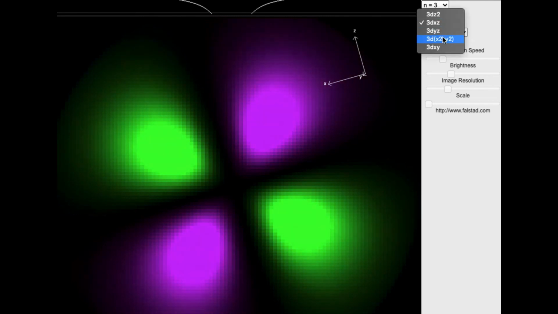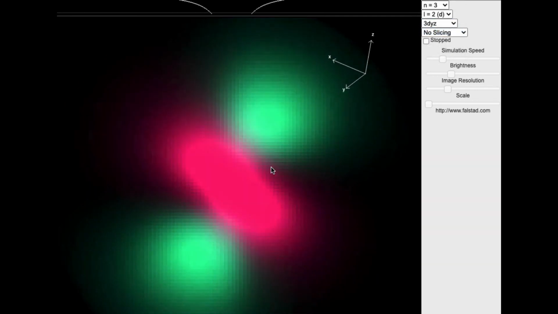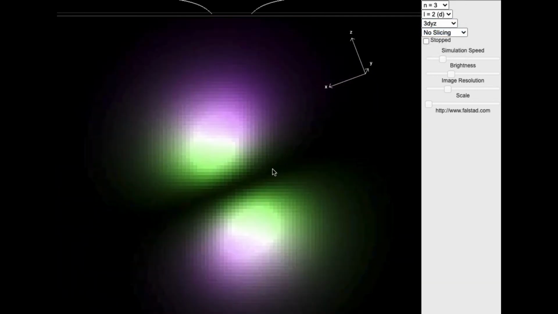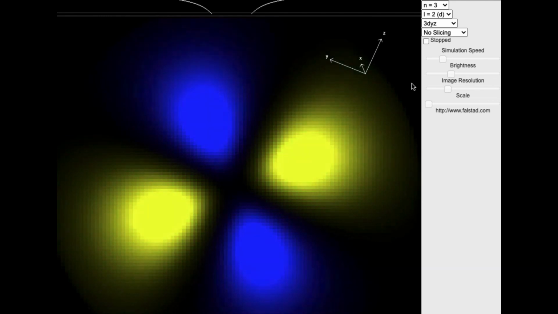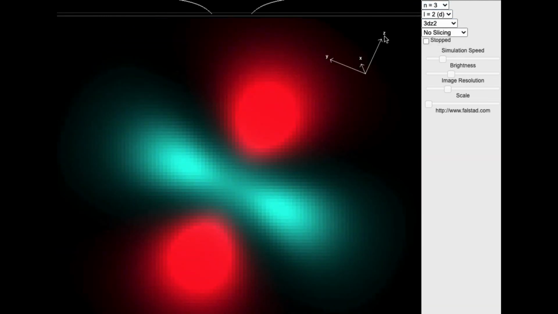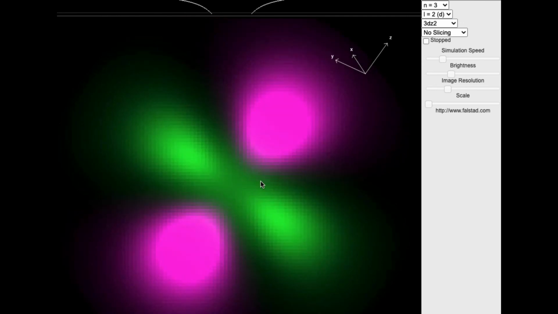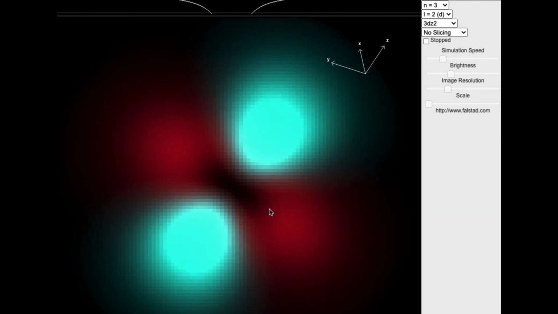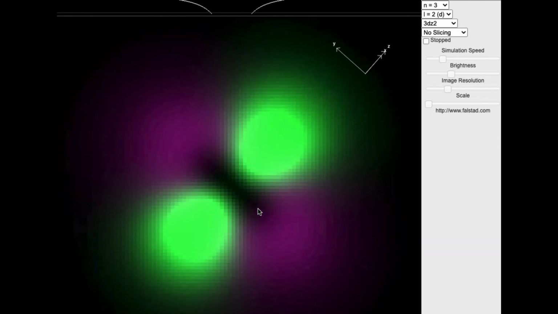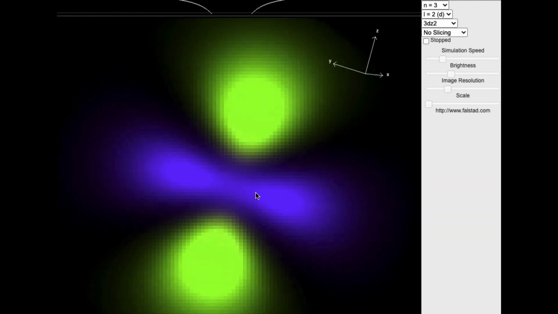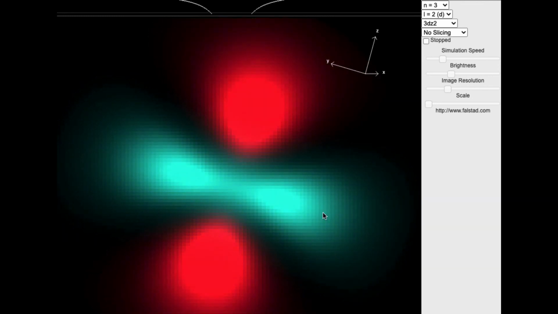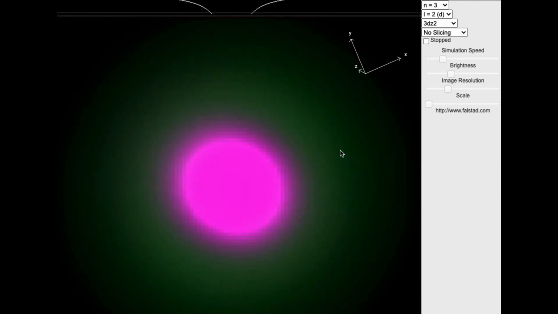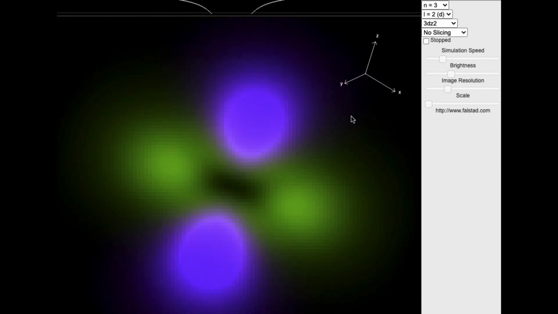And of course I can flick through all the various versions of this, but really all it does is turn this four-lobe pattern into various axes in space. And it's really only this special 3DZ squared one, which has more or less like a donut in the middle here with a lobe on either side. So it looks like a p orbital, but with a donut circling around through the middle. And so we can see that there is a nodal structure to this. So there is a node coming through here. There's a node coming through here as well. And so it obeys all of these rules about nodes that we know, but it does have a somewhat interesting